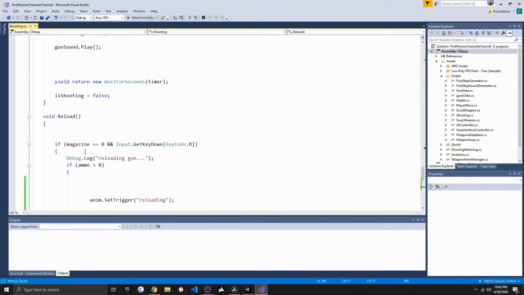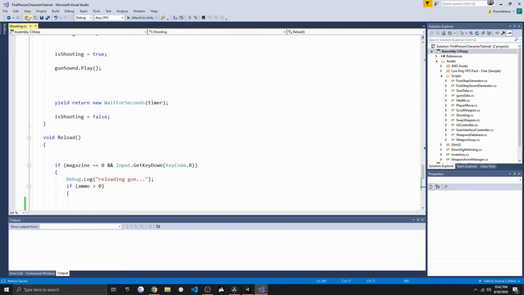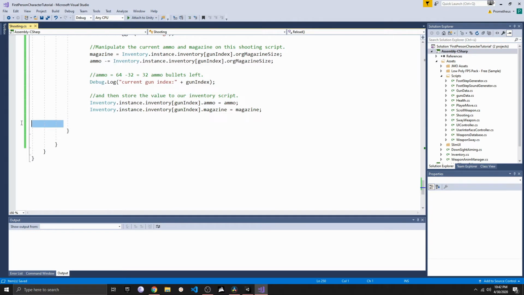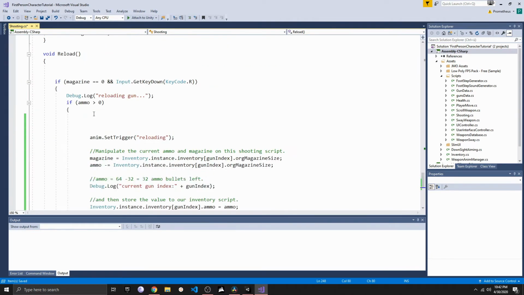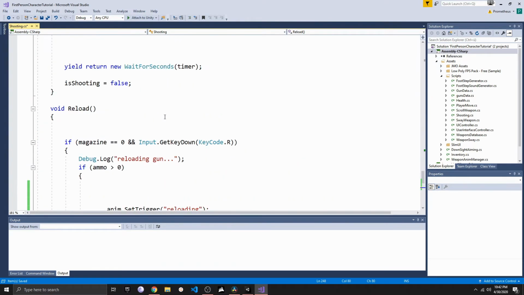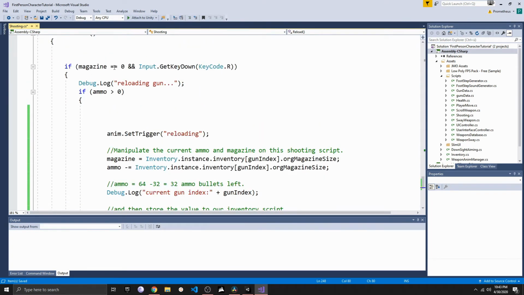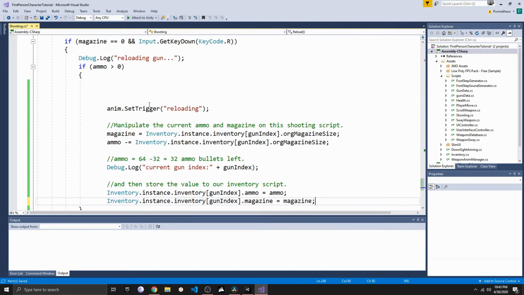Let's get started. So inside our shooting script, first off, inside Visual Studio, I cleaned up all the files here. I basically removed them so it looks a little bit cleaner. And then inside Reload, I also removed all these empty spaces I had here. And then let me quickly increase this a little bit so it's easier for you to see. And then let's get started. Right now we are saying, hey, if the magazine is 0 and we press the R key, do all that logic here